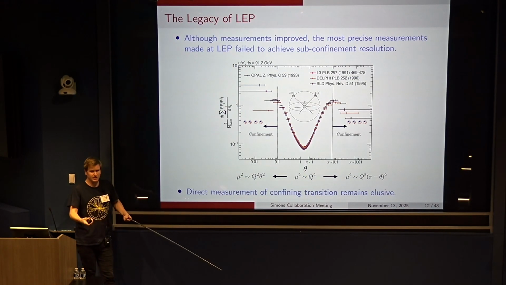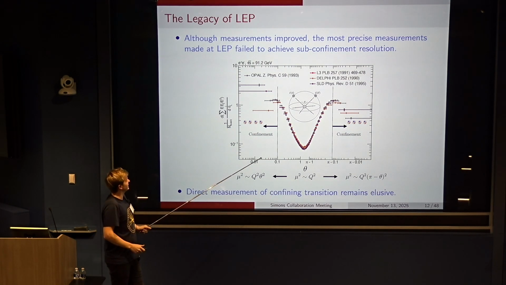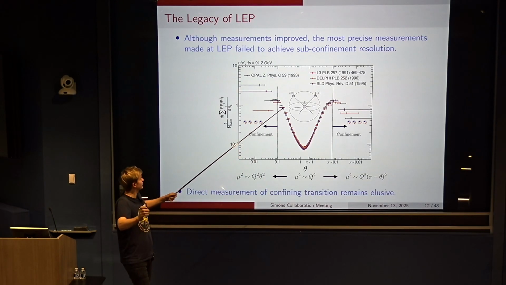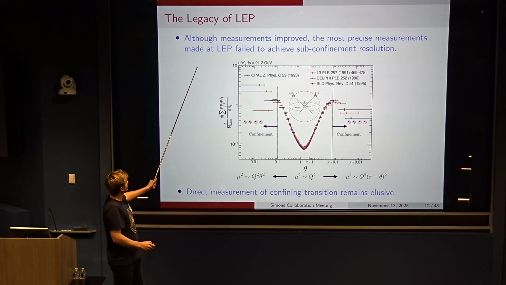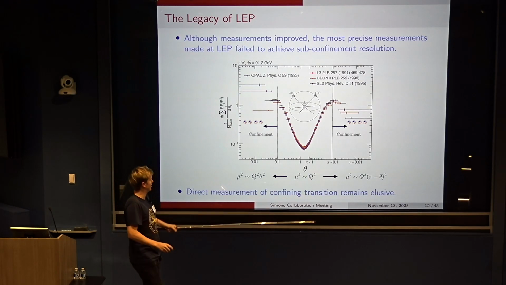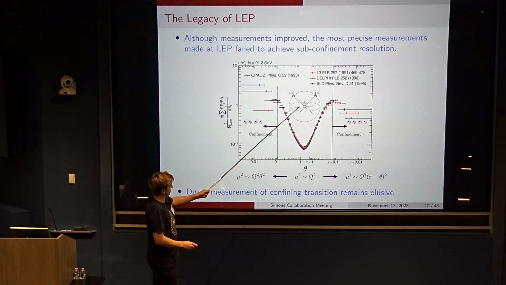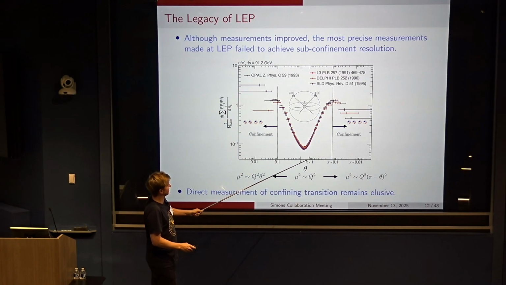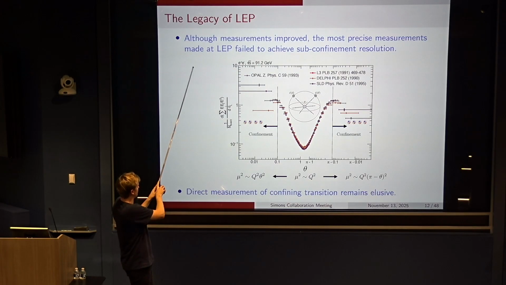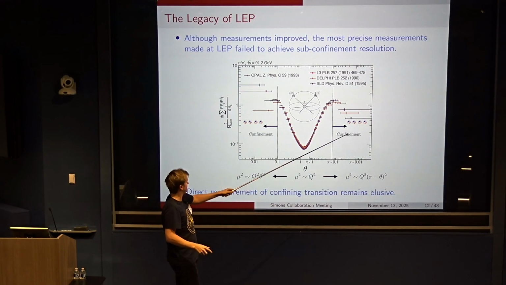And so this was attempted early on, and I'll explain these plots in more detail later for the actual measurement, but this is similar to the measurement which I showed as Pluto, where it's measured as a function of the angle between the two detectors. But this is now done at the higher energies of LEP, so this is now at a center of mass energy of about 90 GeV. And you can see that what happens, so what we said that we wanted to do to study, for example, the dynamics of confinement, was to study these two asymptotic limits, either when the detectors become perfectly on top of each other, which is this side, or as the detectors become very back-to-back, which is on this side.